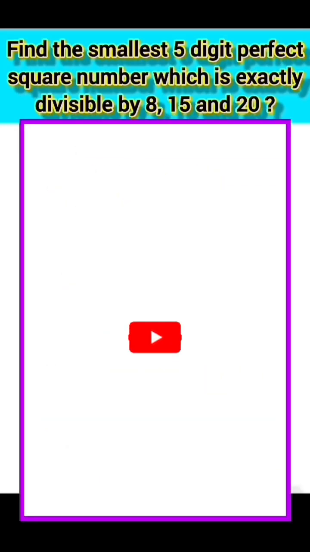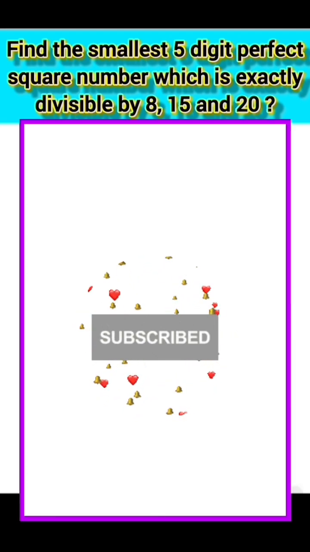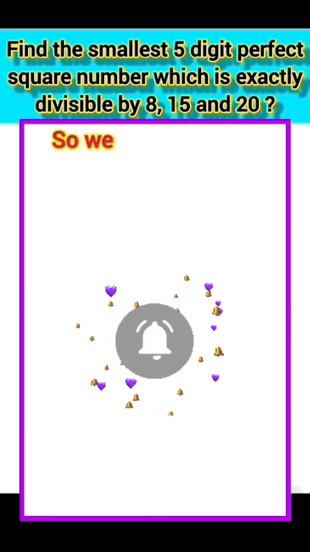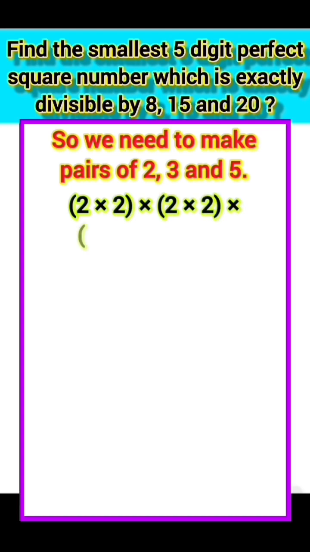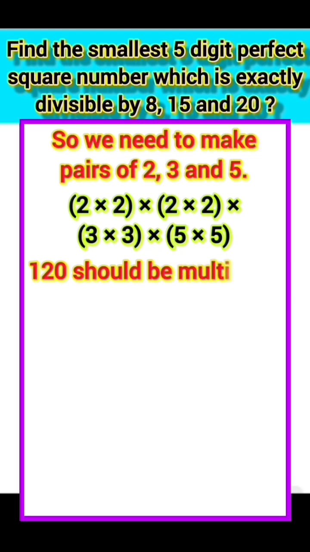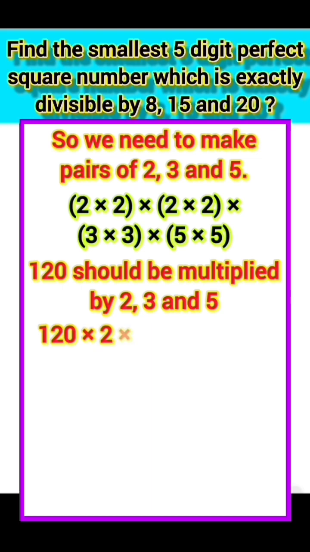In order to get a perfect square, each factor of 120 must be paired. So we need to make pairs of 2, 3 and 5. That is 2 into 2 pair, 2 into 2 pair, 3 into 3 pair, 5 into 5 pair. Now 120 should be multiplied by 2, 3 and 5. That is 120 into 2 into 3 into 5. Now let us multiply these numbers, that is 120 into 2 is 240, 240 into 3 is 720, 720 into 5